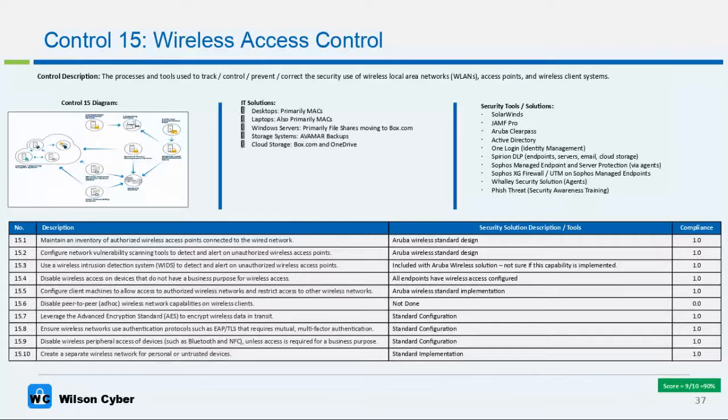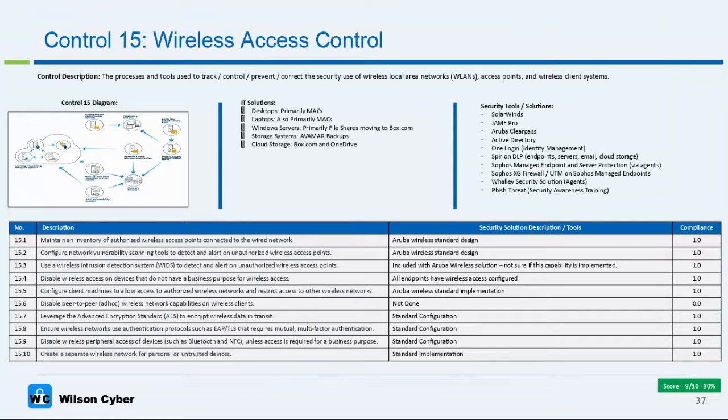Control number 15 is wireless access. The processes and tools to track, control, prevent, and correct the secure use of wireless local area networks, access points, and wireless client systems. Here we have 10 subcontrols: maintain an inventory of authorized wireless access points, configure network vulnerability scanning